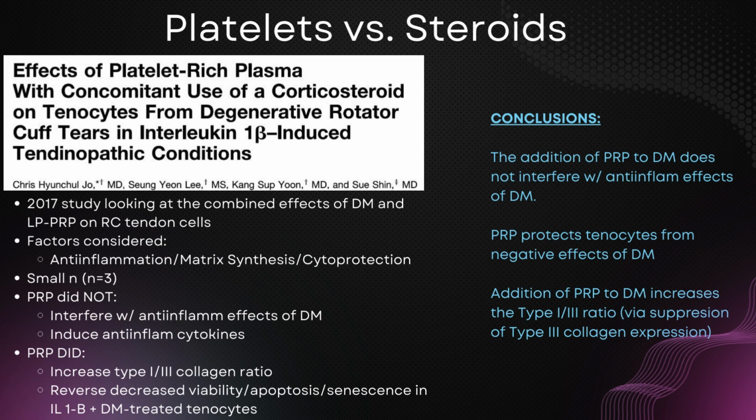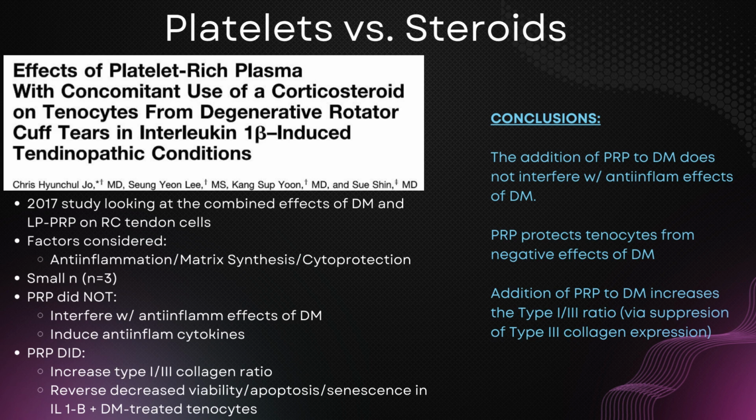Joe and colleagues looked at rotator cuff tendons exposed to IL-1 beta to induce tendinopathy. Tendinopathic tissue was then exposed to varying concentrations of PRP with or without dexamethasone. They found that PRP had cytoprotective effects on tenocytes, did not interfere with anti-inflammatory properties of dexamethasone, reversed the negative effects of dexamethasone and IL-1 beta on tenocytes, and had a beneficial effect on the ratio of collagen types 1